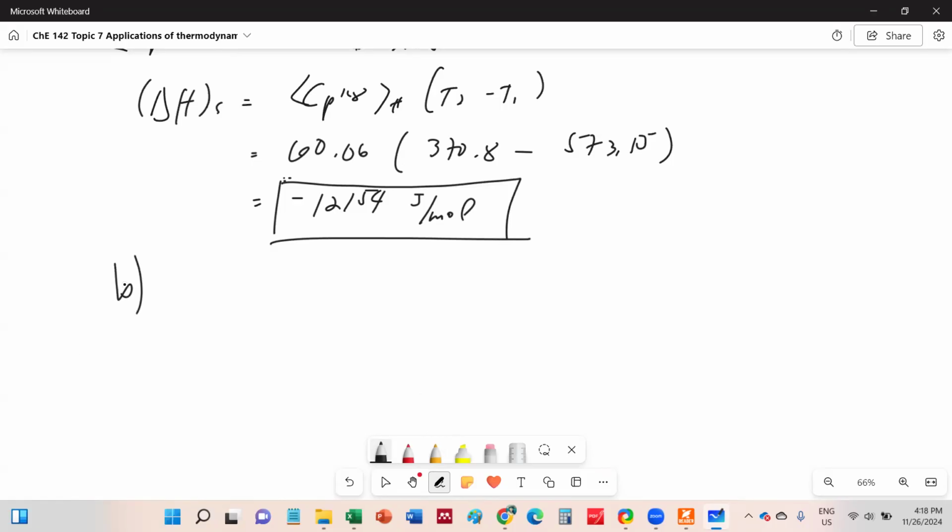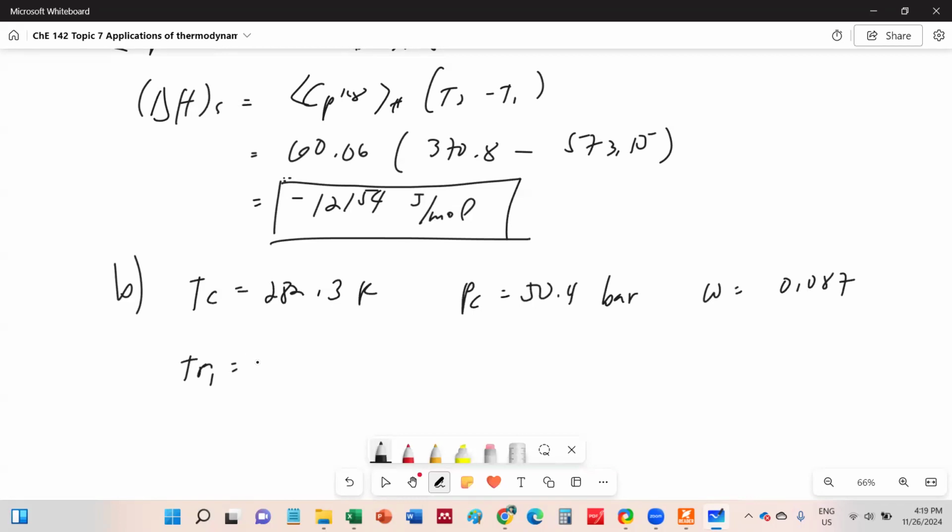In letter B, it's not an ideal gas anymore, so we have to get the properties using an appropriate generalized correlation. So what we can do first is to get the critical properties of ethylene. So this is from the appendix: TC, PC, and the acentric factor. So we calculate the reduced